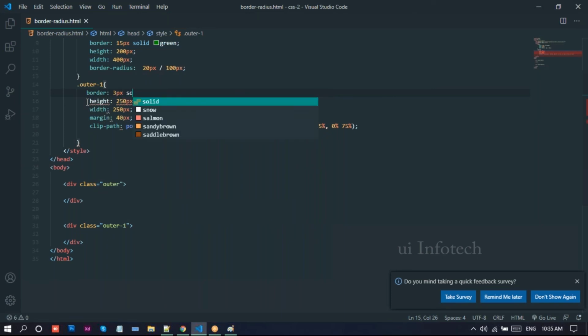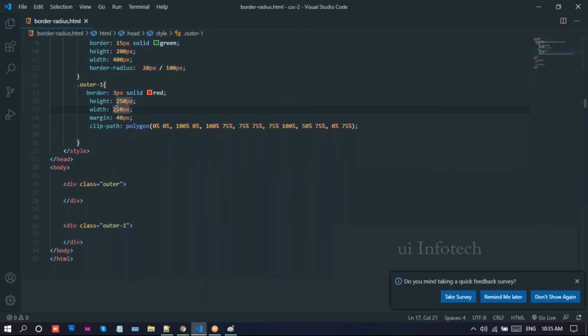So 800 pixels is nearly there, then you can take 350 pixels, that is enough. 350 also not coming, it's okay, no problem. Let's put the border. It's okay.